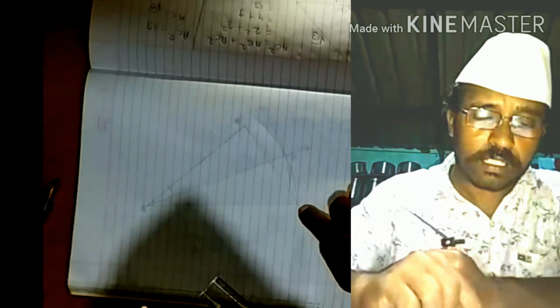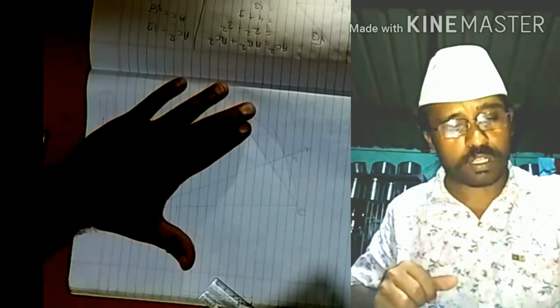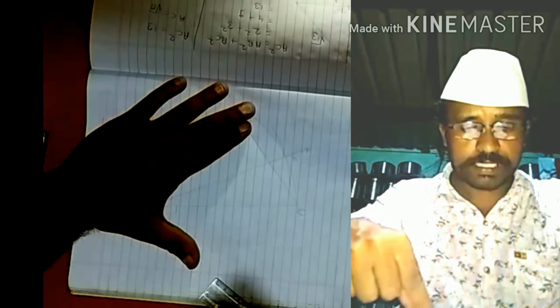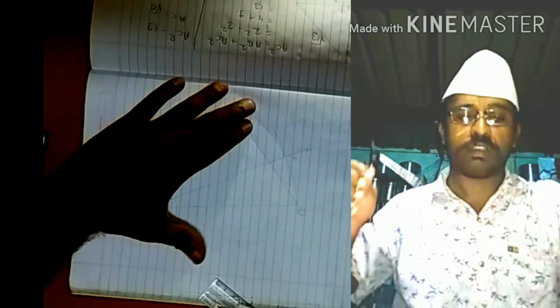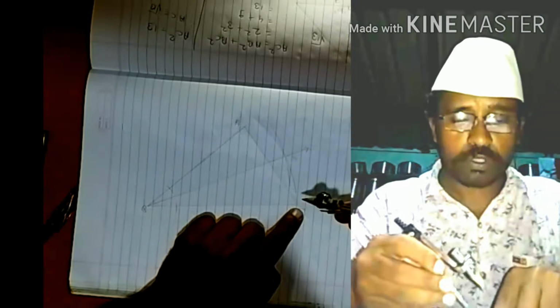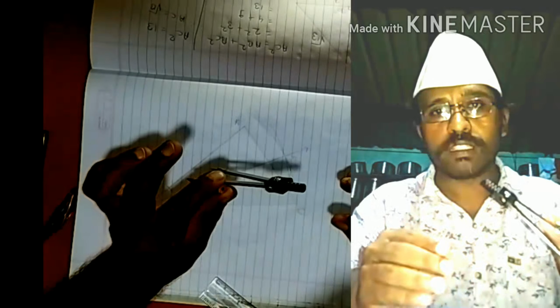Now we have to bisect angle ACB, meaning we have to bisect this angle. We learned how to bisect angles of different orientations. So consider that these two angles, A and B, are not available. Can we bisect this angle ACB? Naturally yes. So let's try to bisect it. Once again we take any random distance in the compass and put the tip of the compass on point C, which is the origin of the angle. Why am I putting the compass on point C? Because we are bisecting this angle, right?